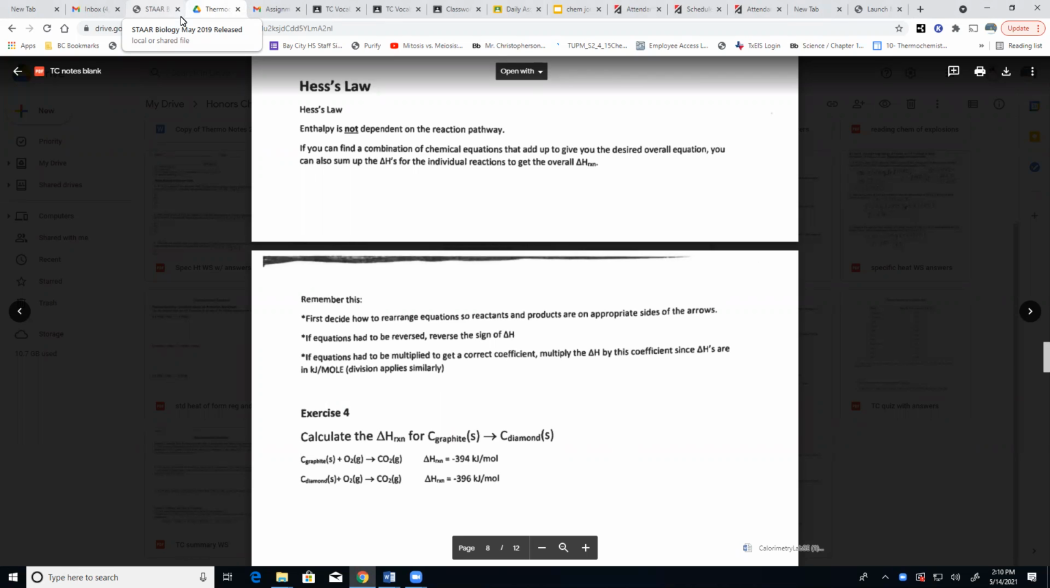To me, it's like a puzzle. So we're still doing the same thing. We're finding the delta H of reaction, but this one you'll see is not as number heavy. So enthalpy is not dependent upon the reaction pathway. We usually write reactions that they're just one step, but in reality, it's usually a series of little steps that get you there. And it doesn't matter how those steps are ordered, as long as you get to the